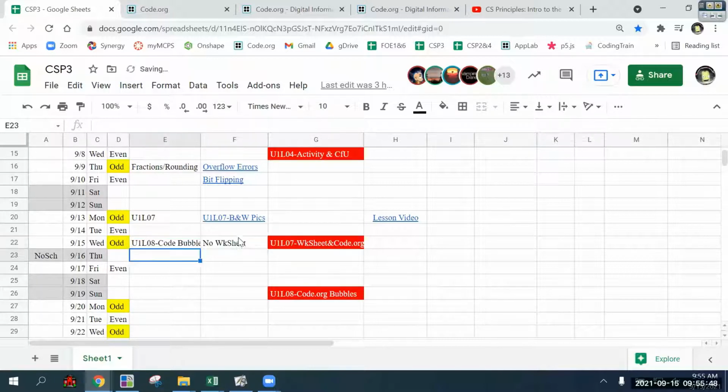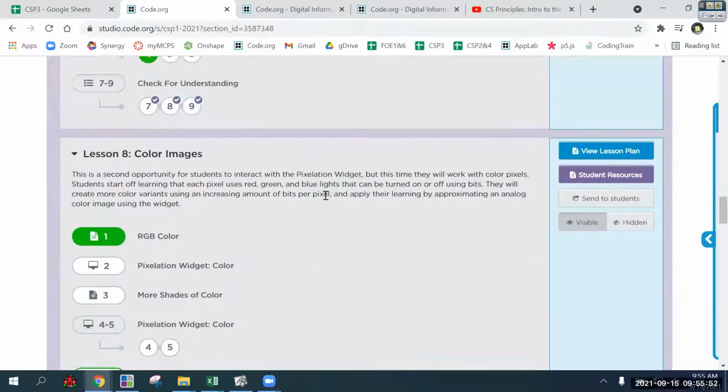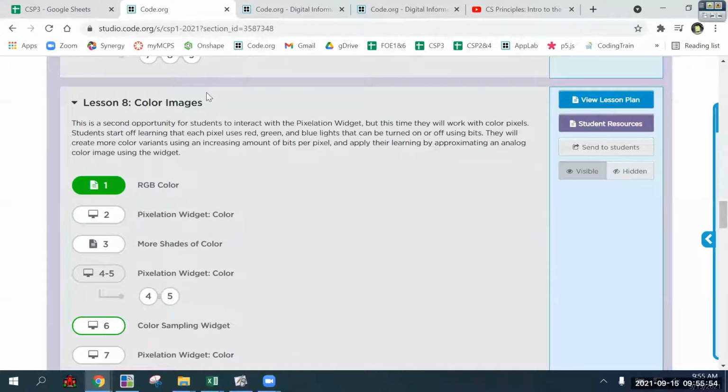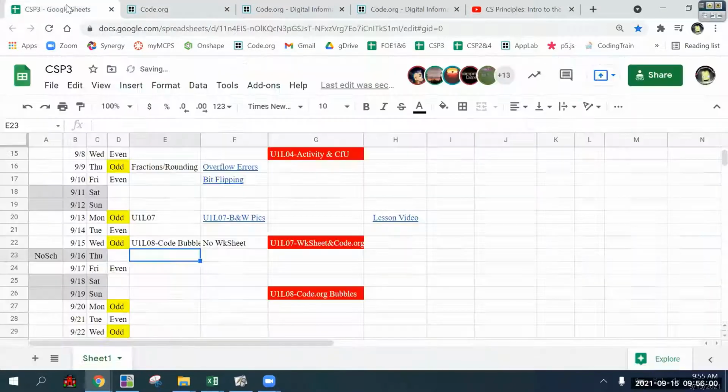Okay, so it's just the bubbles on code. So let's take a look at them. For lesson 8, we are learning about color images now. We did black and white images before, and that is due